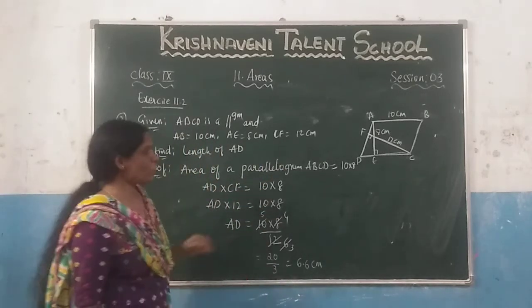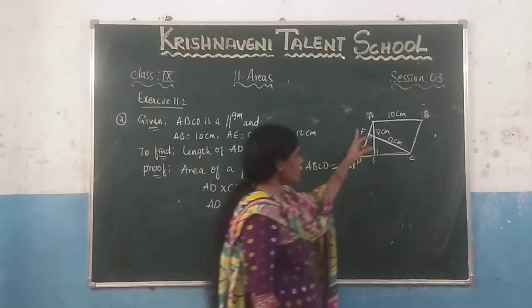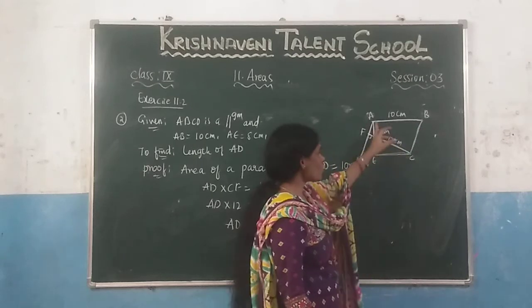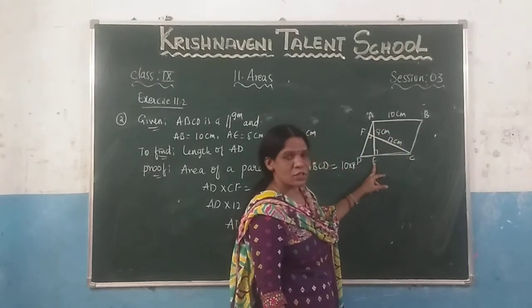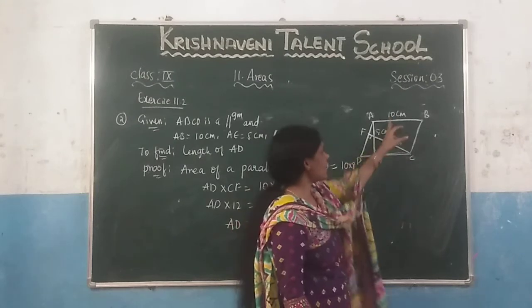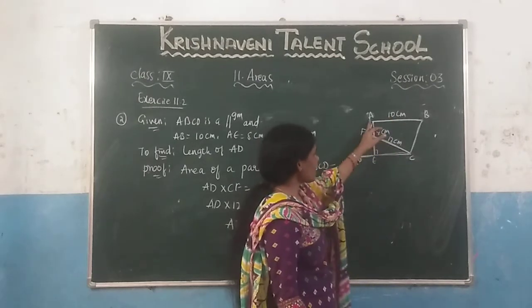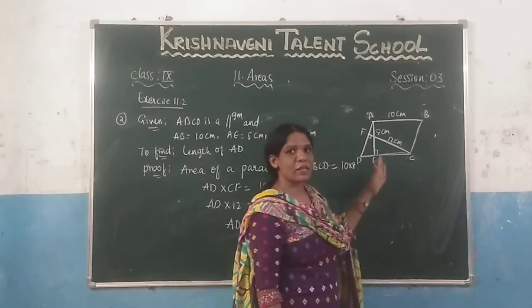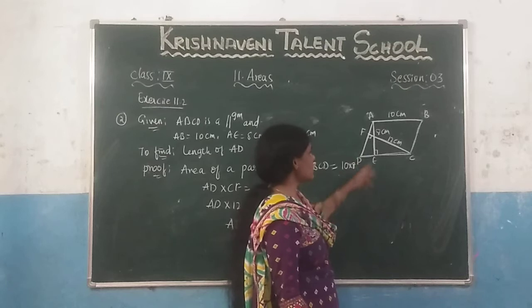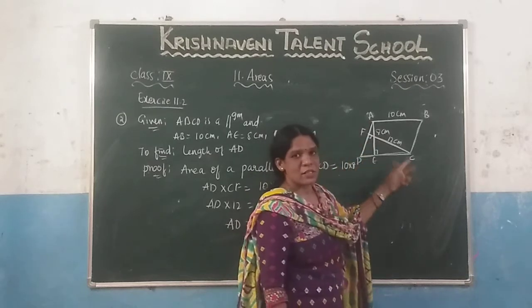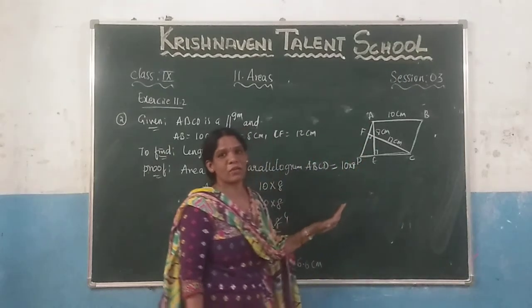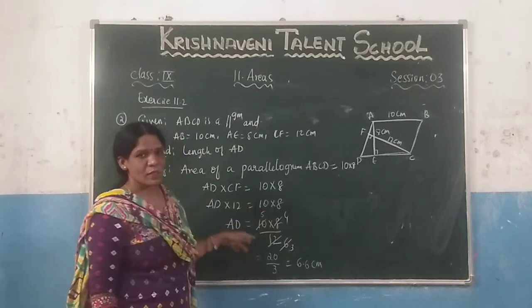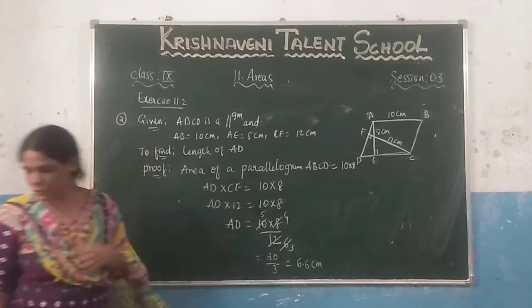So how have we calculated this? If you consider this parallelogram ABCD, and AB as the base, what should be the height? AE is the height. So you can write base into height, which is 10 into 8. Similarly, if you are considering AD as the base, what should be the height? CF is the height. Again, you can write the area of the parallelogram as AD into CF. Since these two represent the same parallelogram, you can equate them so that you can find the length of AD. Now, let us go for the next problem.